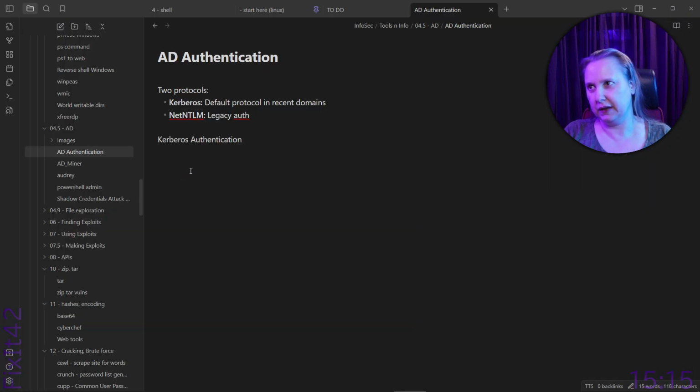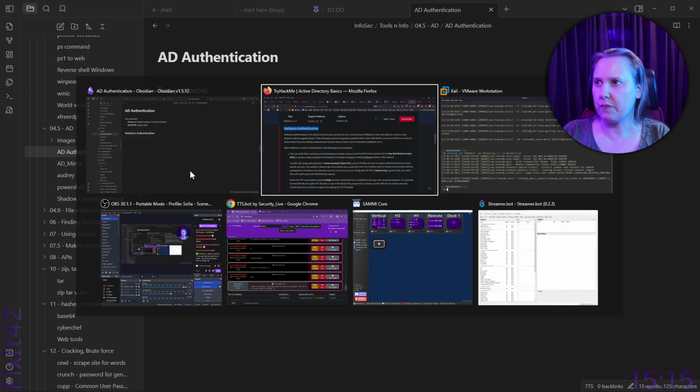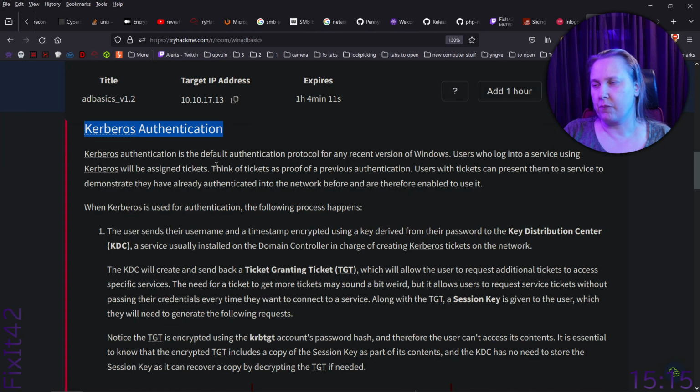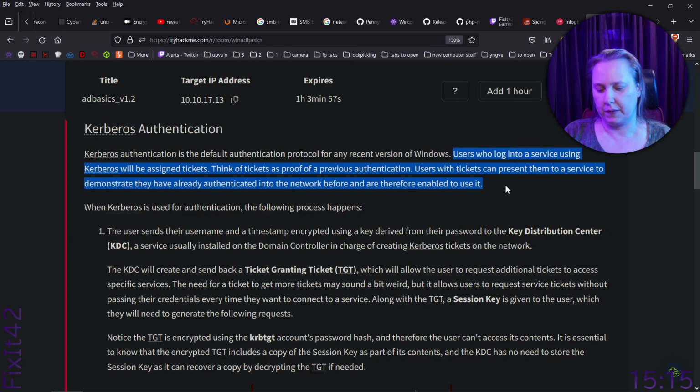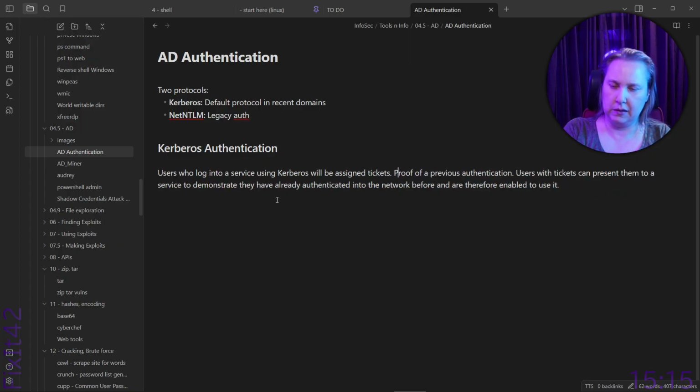Now we should be rid of that. Let's do 3. The folder. I'm just doing this, and then I'm going to change it. Will be assigned tickets. Proof of